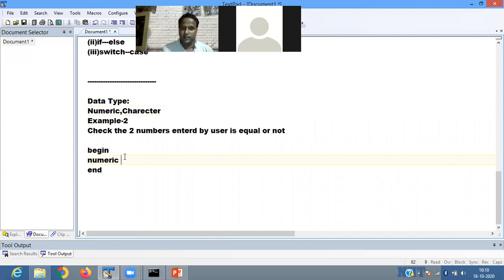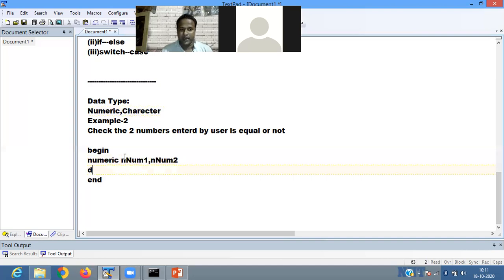Numeric, then our variable names are num1, then num2. So two variables we have to define here.